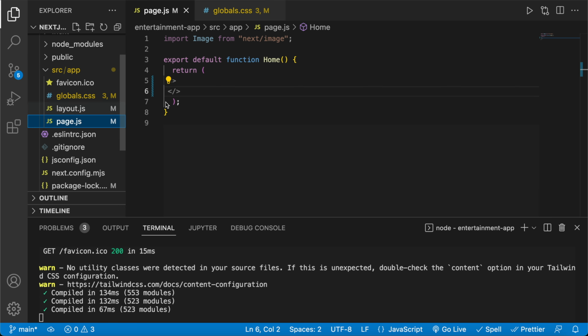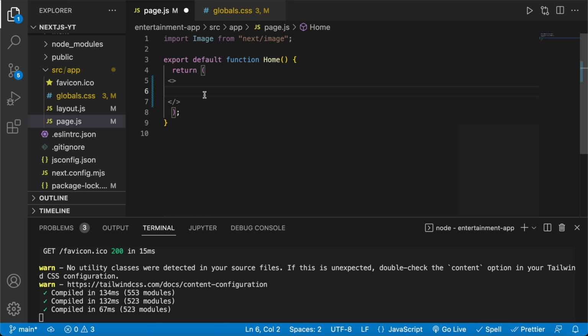Now within our page, a page is important. Our page is what shows on our route. So here, the app route, within the app folder, the page.js, not JSX, the page.js is the item that's going to show within our default route. So when you load localhost 3000, or whatever URL you're going to be hosting your website on,